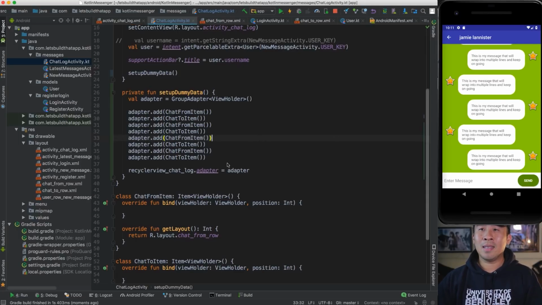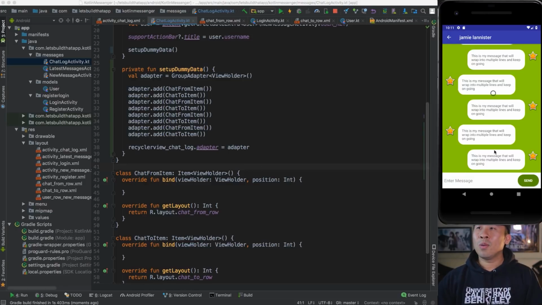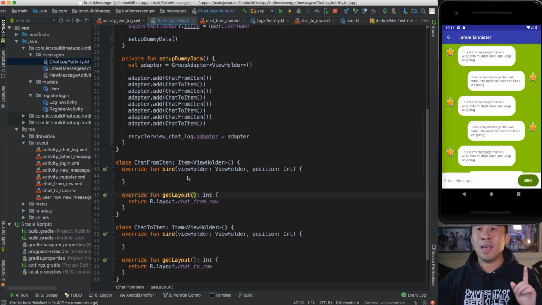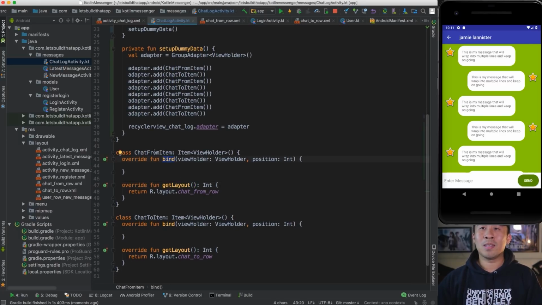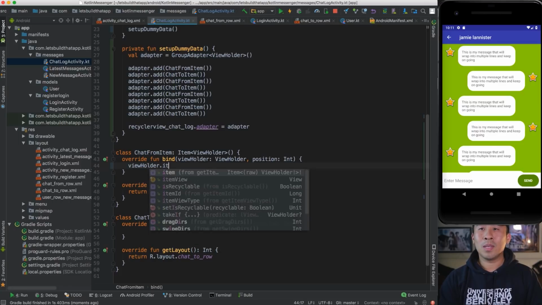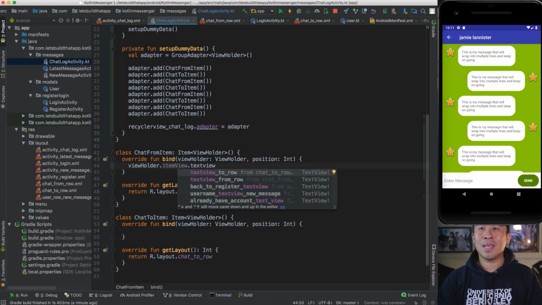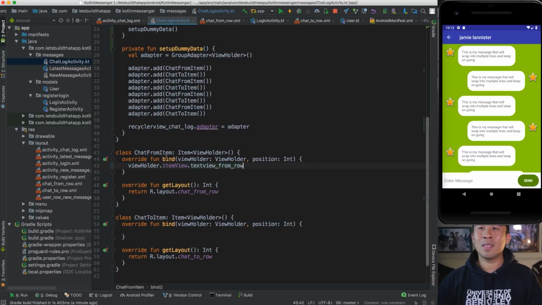And let's see, what is the next thing we would like to move on to? Well, why don't I show you how to change the actual text inside of these bubbles over here. And we're gonna have to make use of these bind functions inside of the from and to items. So this is pretty easy if you just access the view holder. So view holder will contain this thing called item view. And you can access the actual IDs with text view of from and to row. So inside of my XML files over there, I have my actual IDs set up. So this is the from item, so I'll use the from row. And let's just call this text equals from message,